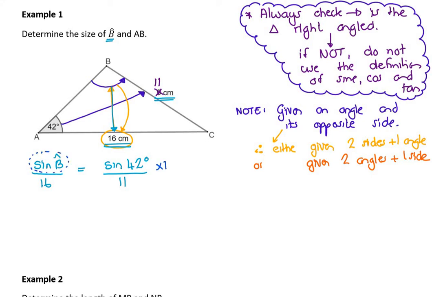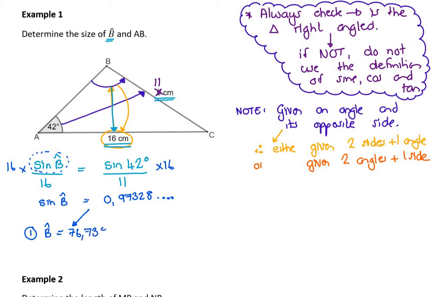Now all I need to do is isolate the sine of angle B so I can solve my equation. So I'm going to multiply by 16 on both sides so that my 16s cancel, and so I get sine of angle B, and you must keep all these decimals. I often use a dot dot dot because I can just use the answer button on my calculator. Now this is where it gets a little bit tricky, because this is now a sine equation. Sine equations have two different answers. My first answer is I just do shift sine. And if I do shift sine of my answer, don't forget to use the answer button so you don't have to type in decimals, I get